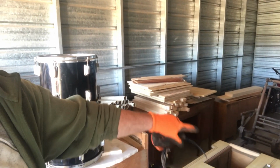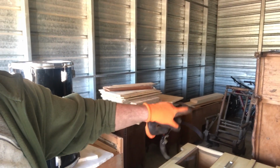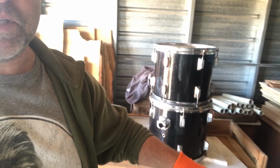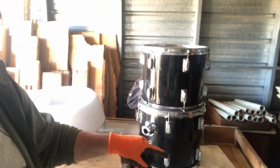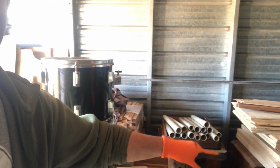Let's see, this one I'm still kind of torn because it's beautiful. There's that one right there. It's kind of MCM. That one's definitely getting cut up at some point. It's going to need a lot of veneer work. And then there's a pair here that's been cut up. And then these are the tubes for the shelf. So all this stuff,